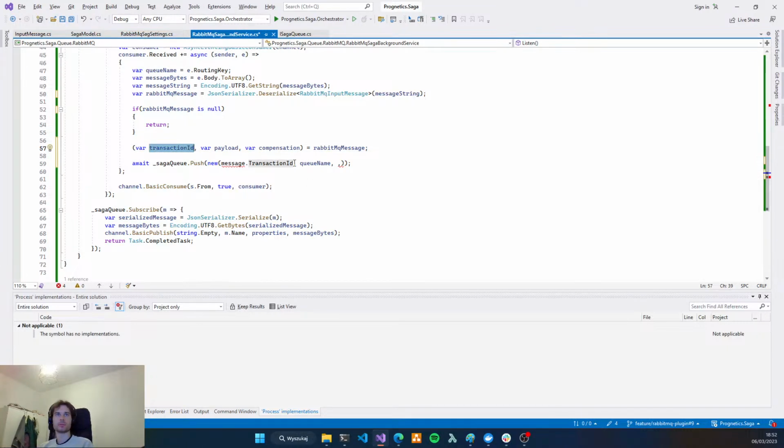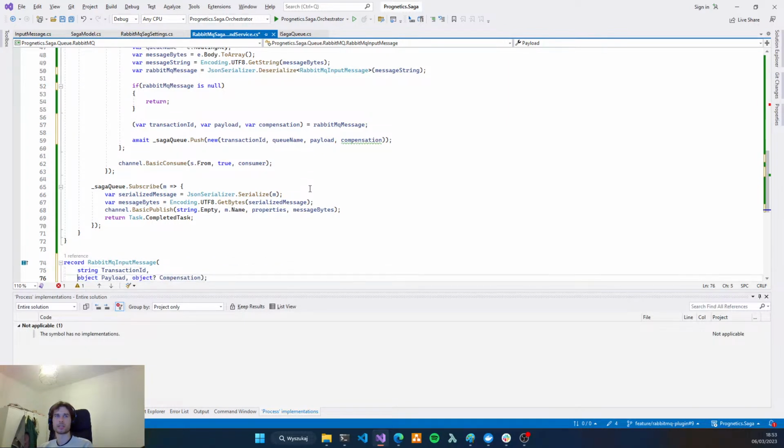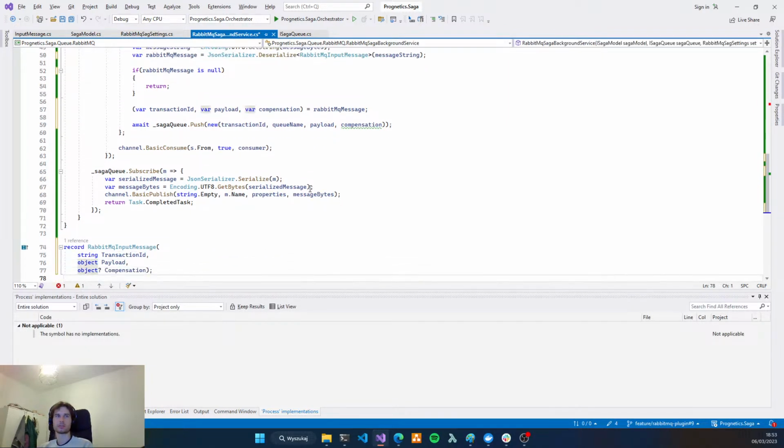And now we want to pass it into our SAGA queue payload compensation. Yeah, compensation should... We don't always want to have compensation, I think, because in some cases, like an error message, it is not needed.